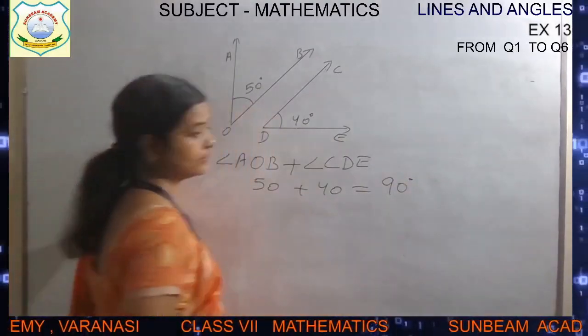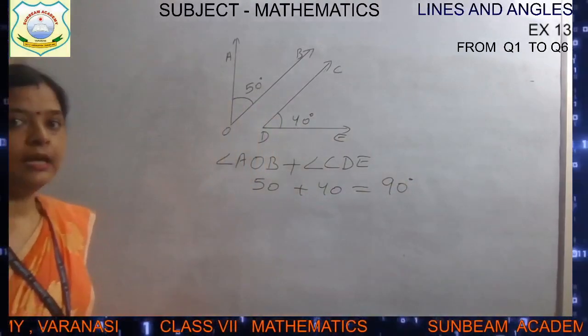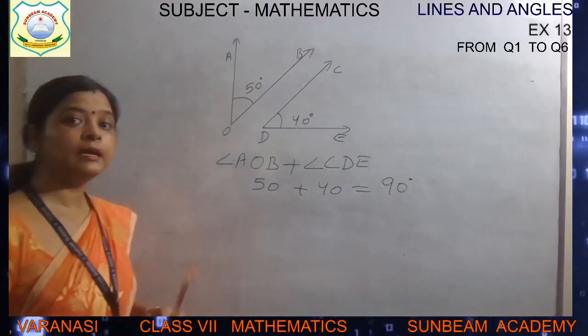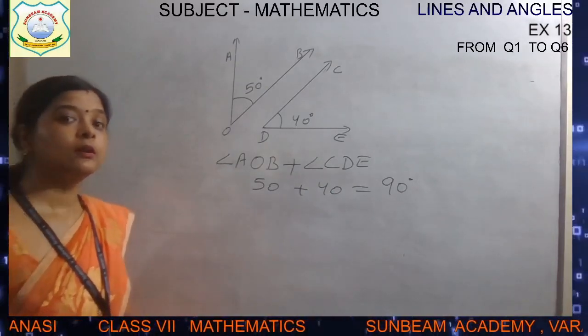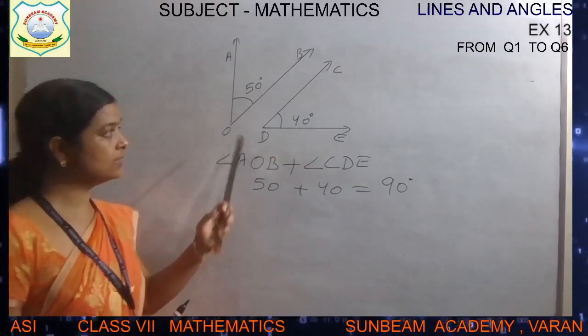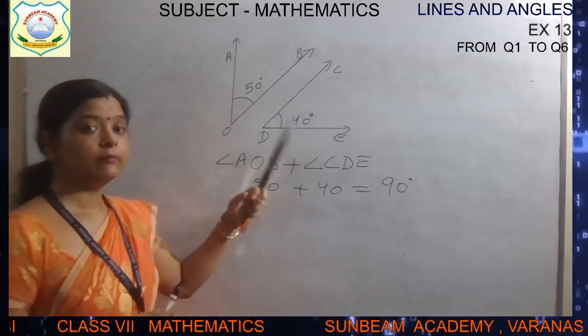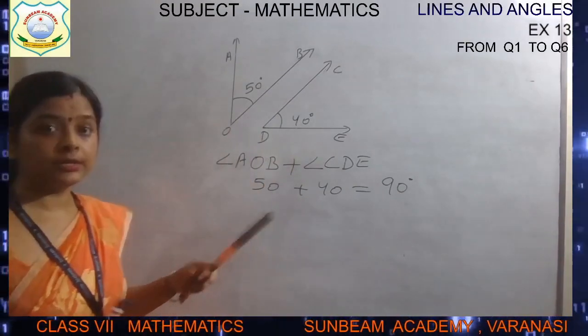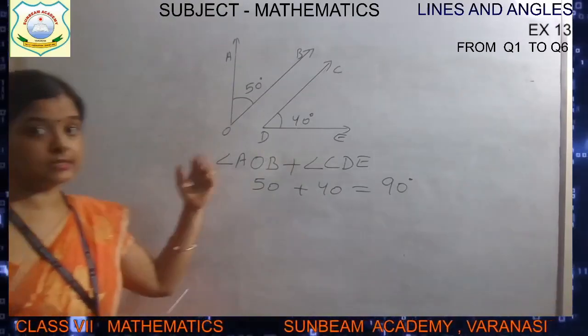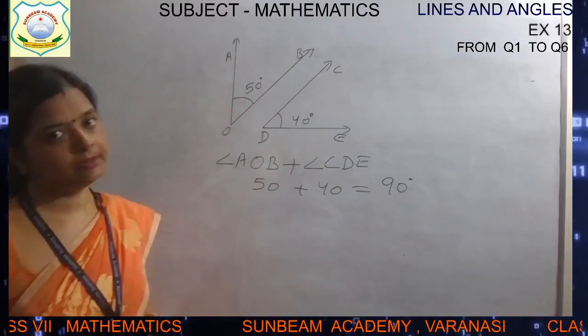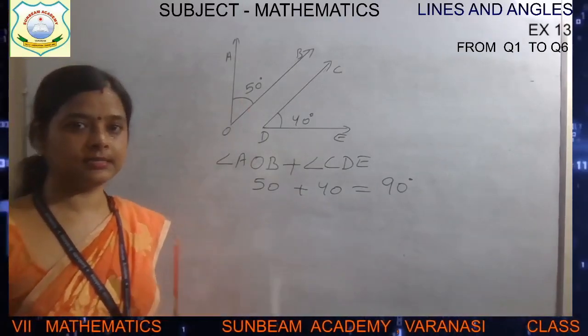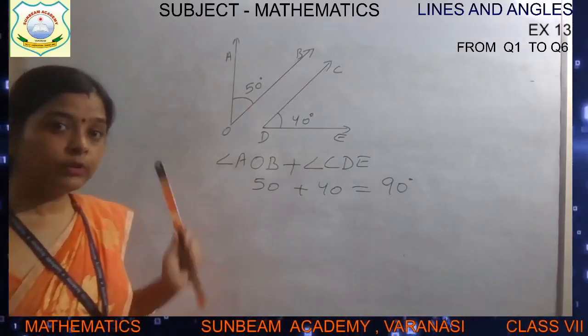It means what? It means that angle AOB and angle CDE both are what, children? They are complementary angles. If the sum of any two angles is 90 degrees, maybe they are adjacent or not, it's not necessary that they are adjacent. Right now they are not adjacent angles. So if their sum is 90 degrees, then they are complementary angles. Clear? Now for supplementary angles,